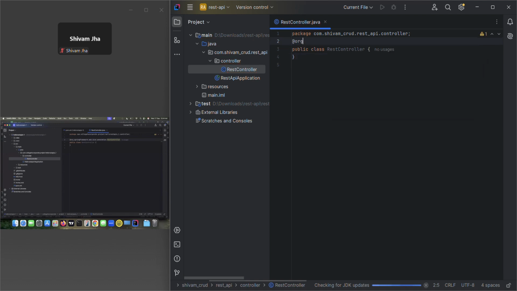Be my API. How do I tell this is going to be an API? So there is something, I think it is get mapping or request mapping annotation. Request mapping, yeah. Now in the mapping, I'll have to specify what is my path. Path is going to be